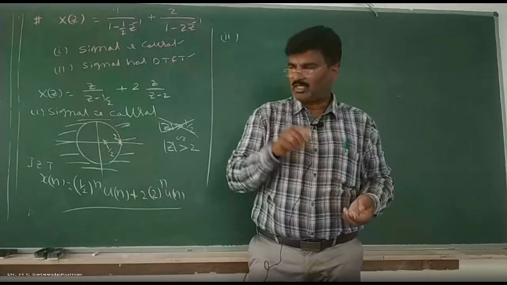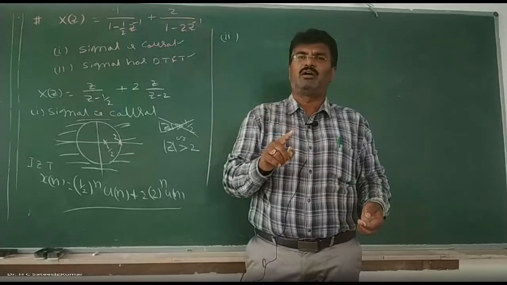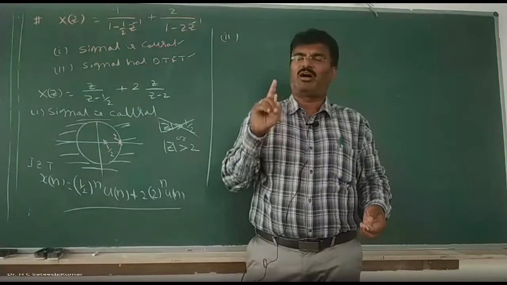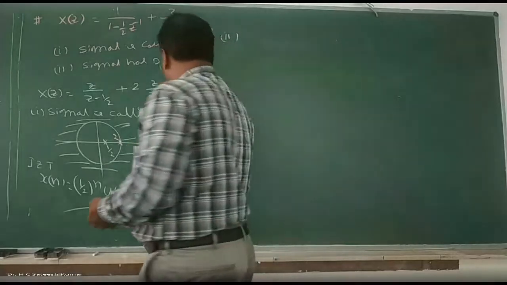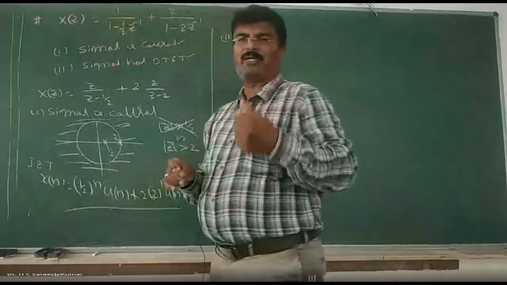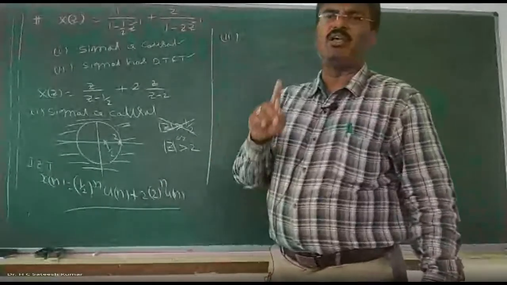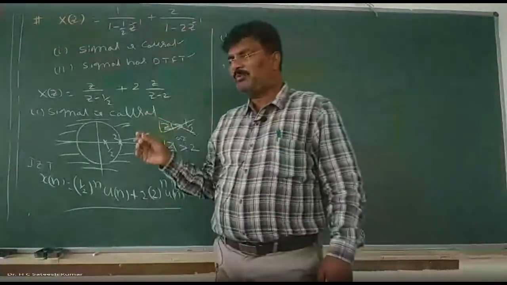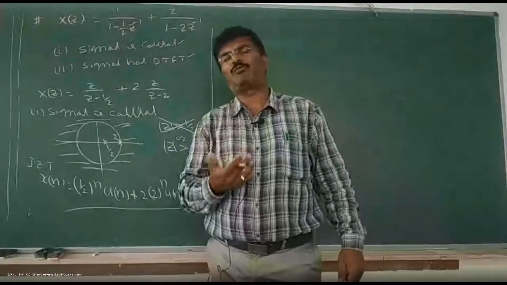Okay, right. Now we should write the ROC in such a fashion that the ROC includes the unit circle. At the same time, the ROC should not include poles. Keep that in mind and you can write it, because one of the properties says that poles cannot lie inside the ROC. In this problem, he is trying to check whether the student knows the properties of ROC or not.